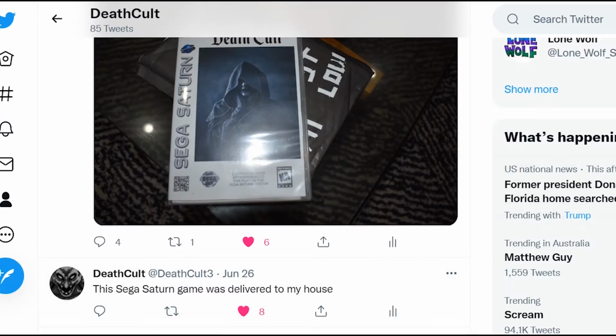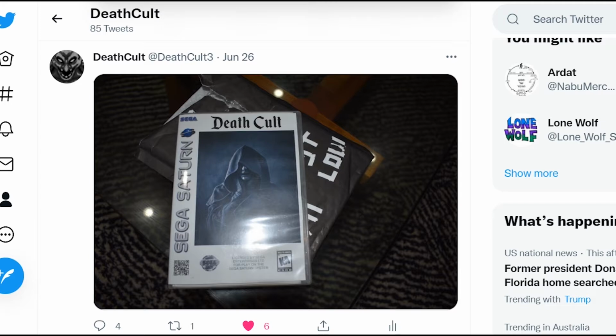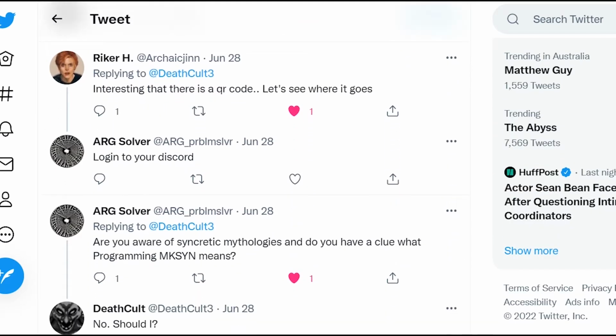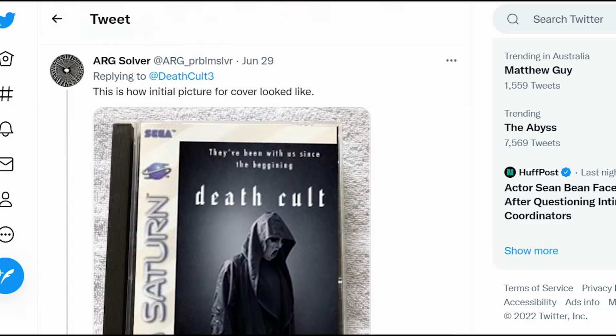Twitter account, which here, June 26th, in the first tweet, says this SEGA Saturn game was delivered to my house. Right now, following that, we have an image of a SEGA Saturn game. Those who don't know, we can go into a little bit of the history of the SEGA Saturn, but